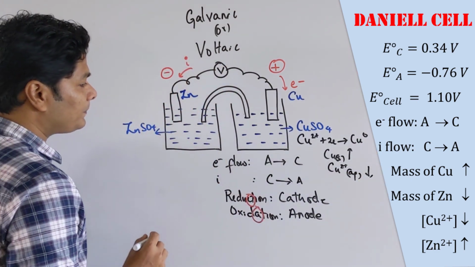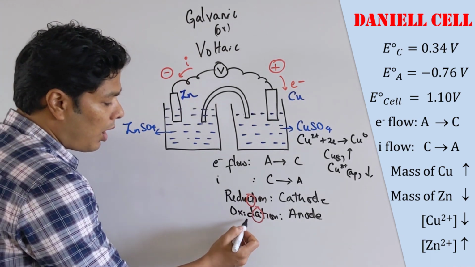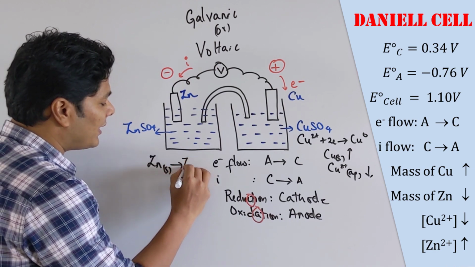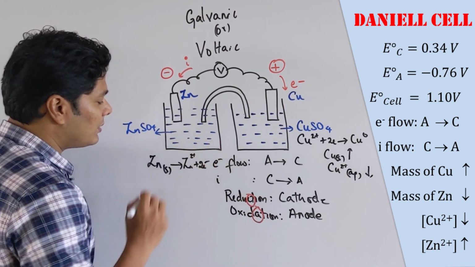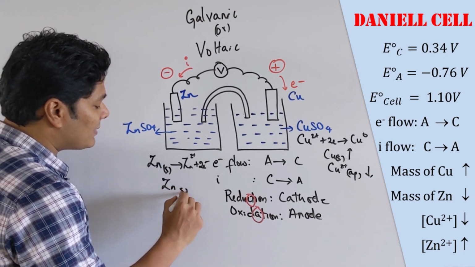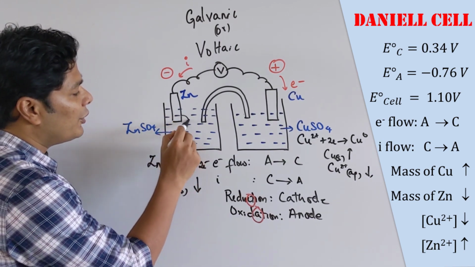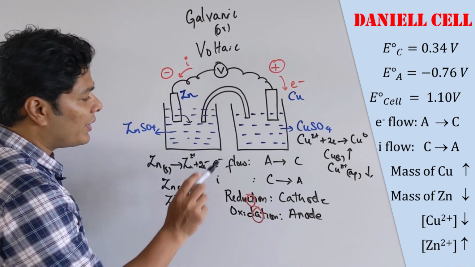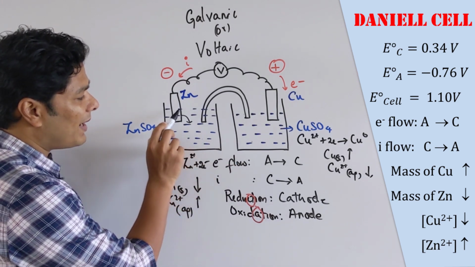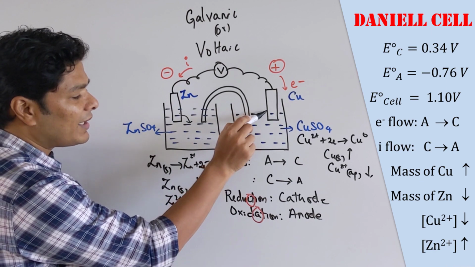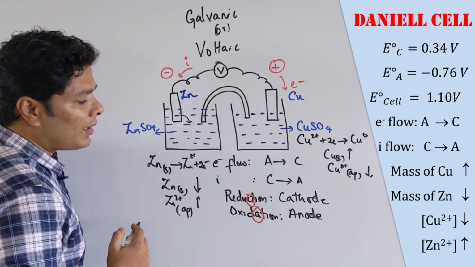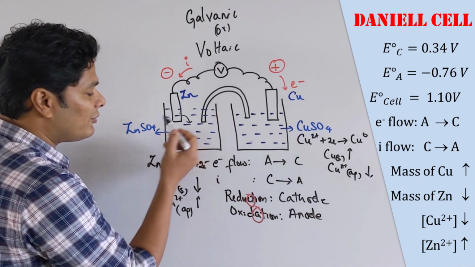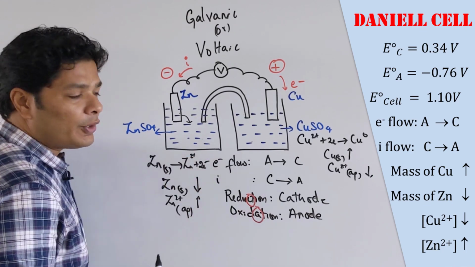When you go to the other side, this is going to be oxidation in the anode. So my zinc electrode gets oxidized, Zn goes to Zn2+ plus 2 electrons. So what we can say is, the mass of my electrode will go down because zinc is being used up, and the concentration of Zn2+ will go up. So here concentration decreases, concentration increases, mass of the electrode decreases, mass of the electrode increases. This is the basic Daniell cell. Now the Daniell cell voltage you want to remember is 1.1 volt, but if you are given the E naught values of this, I will be showing you in the next lecture how to calculate it yourself.